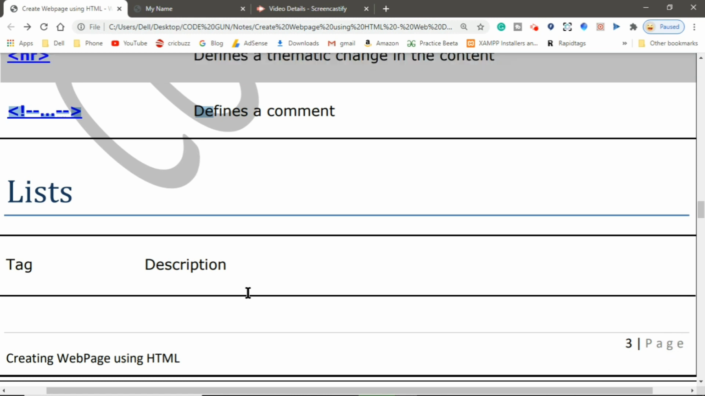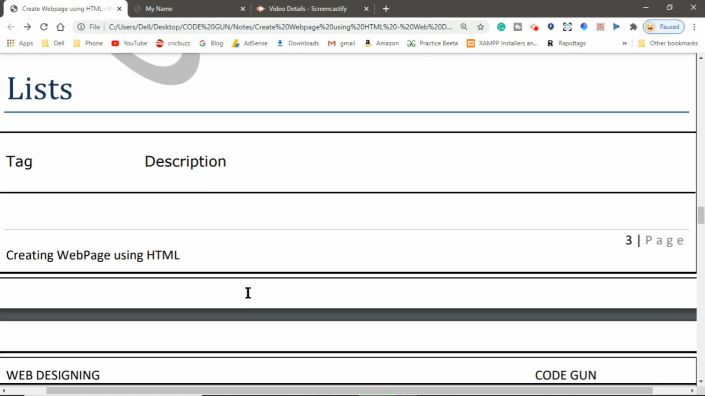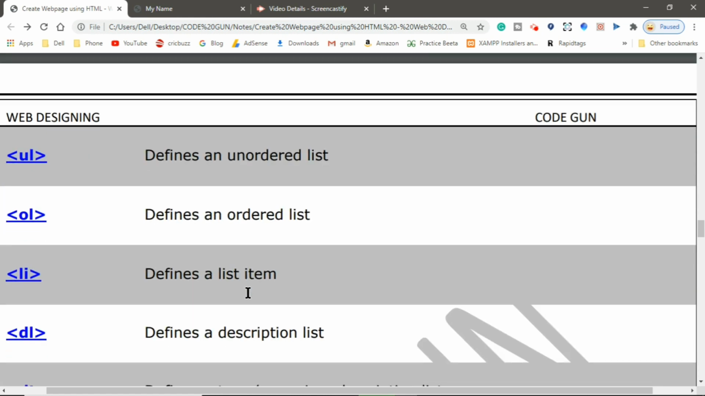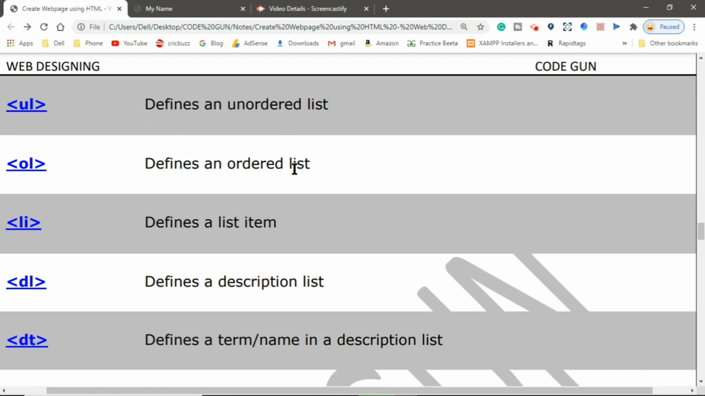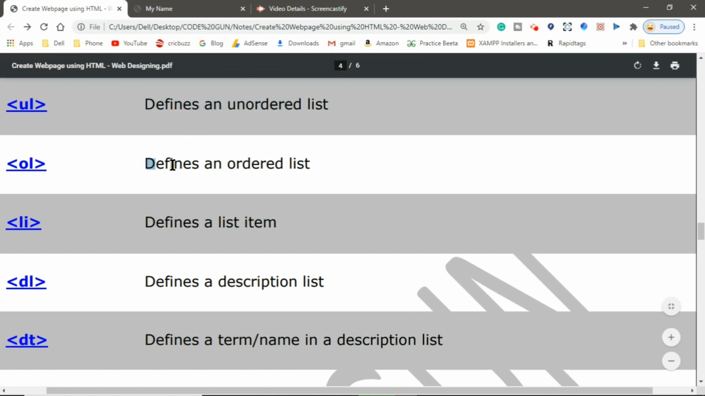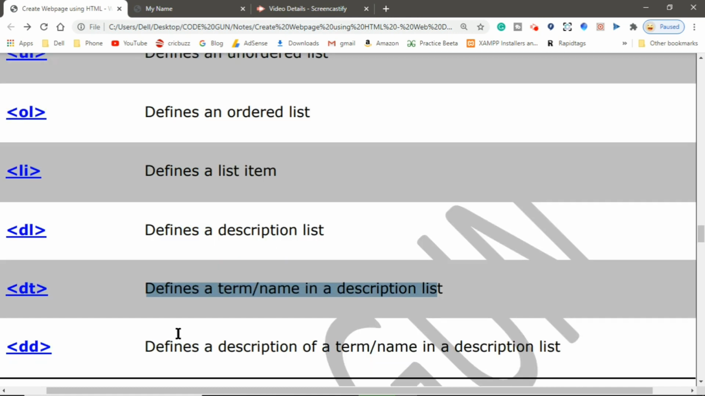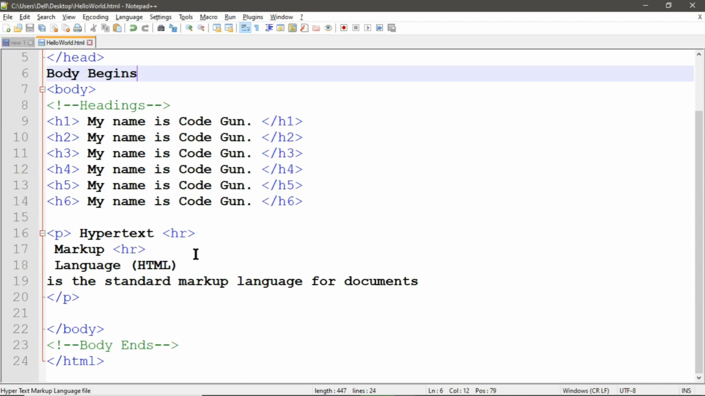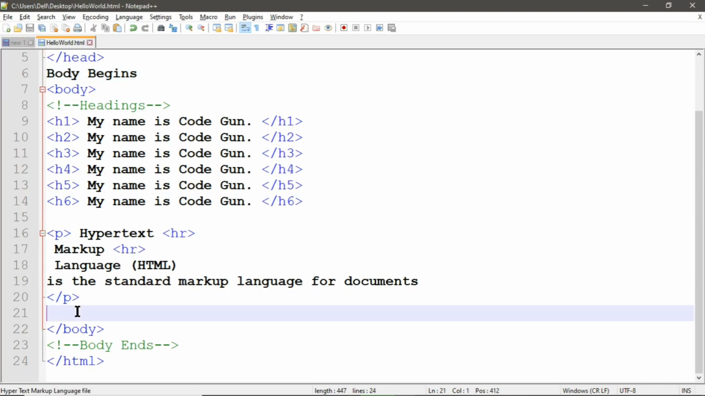So let's go to lists. So lists are the ordered list and unordered list like we use in our MS Office products, in MS Word, MS PowerPoint. Similarly, we can create a list in our HTML as well. So for unordered list, we use UL tag,